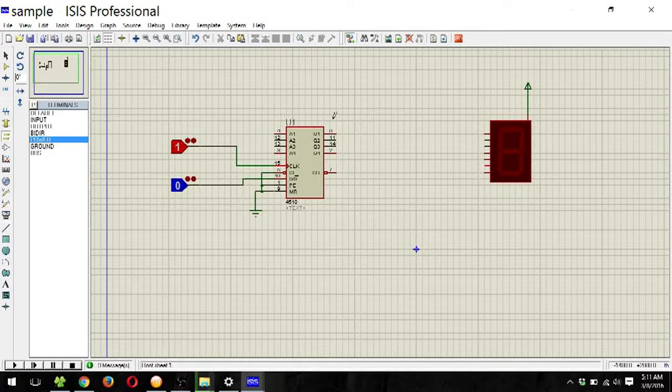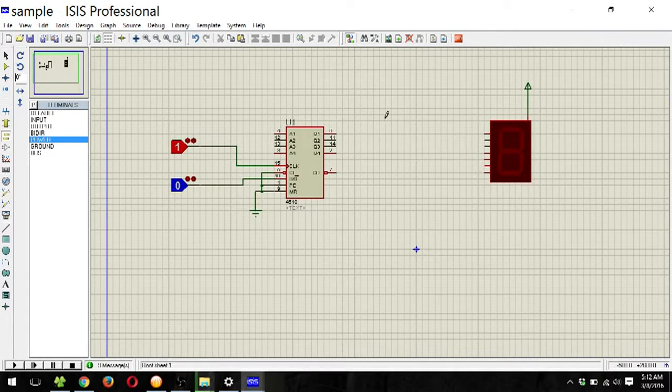But the output here is in the form of BCD, so we cannot directly connect this output to this display. So we need something that can convert this BCD output to 7-segment codes and display onto this 7-segment display.